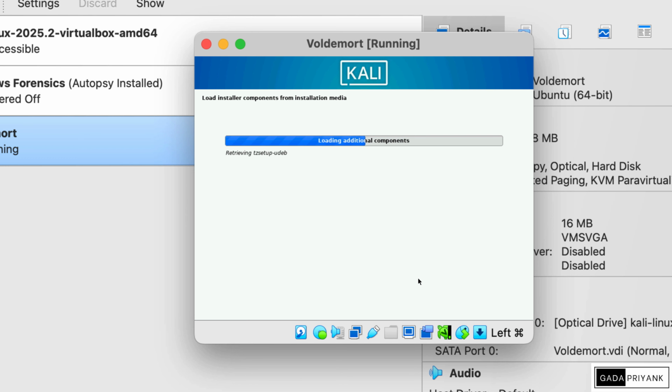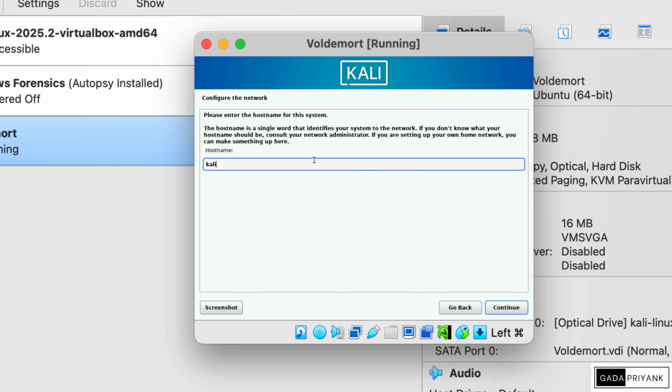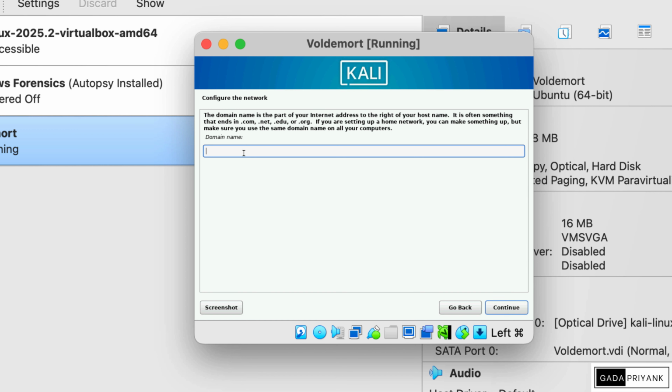Now what you need to do is make sure that the validation is complete. Once the loading is complete, there are a few things that I want to explain. Since we are going with the graphical install, it will show us all the installation instructions and start configuring the network, and it will ask you for the name. This thing is really important. You need to add a host name. By default the host name is Kali, and I personally prefer that you also write Kali, but depending on your requirement you can change it, and I'll add my name, that is Enlighten.